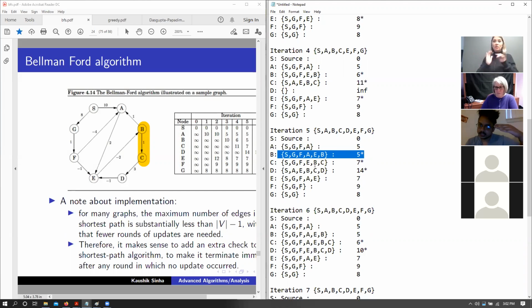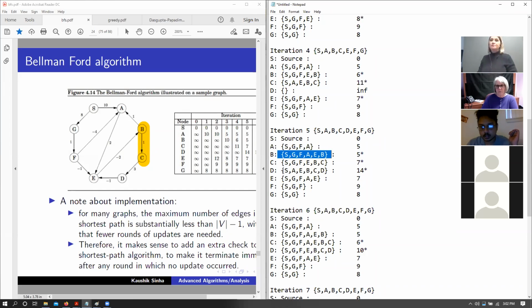Notice that every time we are iterating through these vertices, we are only going to look at the previous set of paths that we have found. So for this C, we have this particular path SGFEB. That is the path to basically B that we found in the previous iteration, that is SGFEB with a distance of 6. So we had the distance of B plus 1, that is SGFEBC with 7. Notice that we are not updating this C with the current iteration's path, that is SGFAEB that we found right now. We are always going to use the path from the previous iteration, not the current iteration, right?